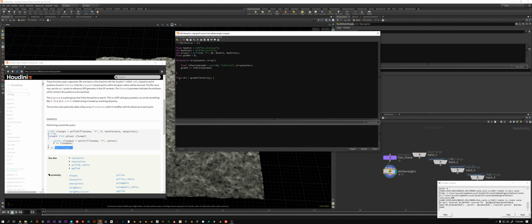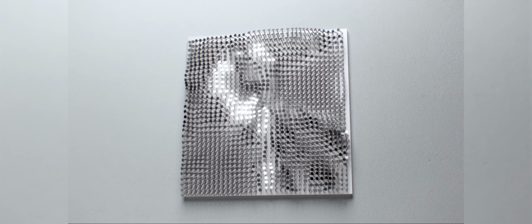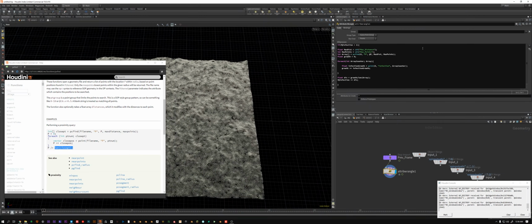Close that up. And now we want to add the growth data that we just had to our infection attribute to use that later on. So f at infection plus equals div. Alrighty, perfect. Apply and accept,